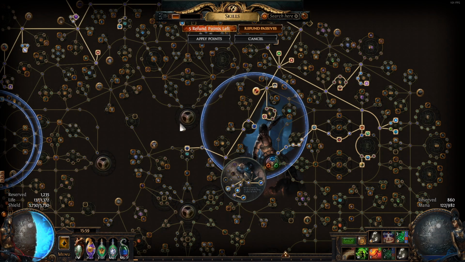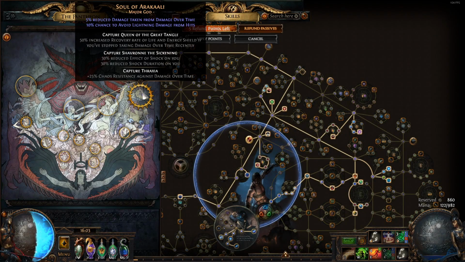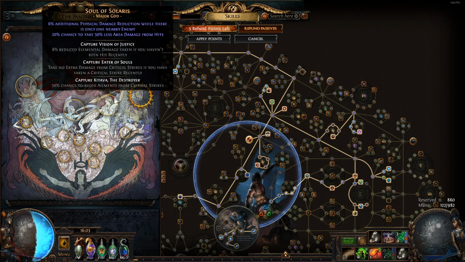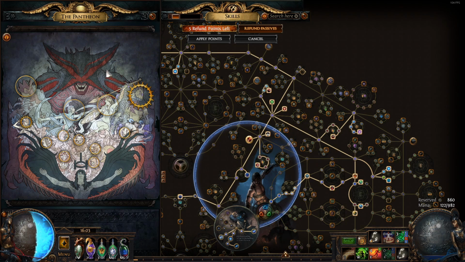Later on you can switch to that if you can meet the res requirement pretty easily, but Alira just makes the game faster, smoother, and less to worry about, honestly. As for the Pantheon, I went with Arcali for the Major God. This is because it gives us recovery rate and chaos resistance against damage over time, really helpful. Also, Gar-Khan gives us movement speed for our Minor God, so that's a really good choice. I recommend going those 2 if you can, but Pantheons don't make or break your build in general, so don't